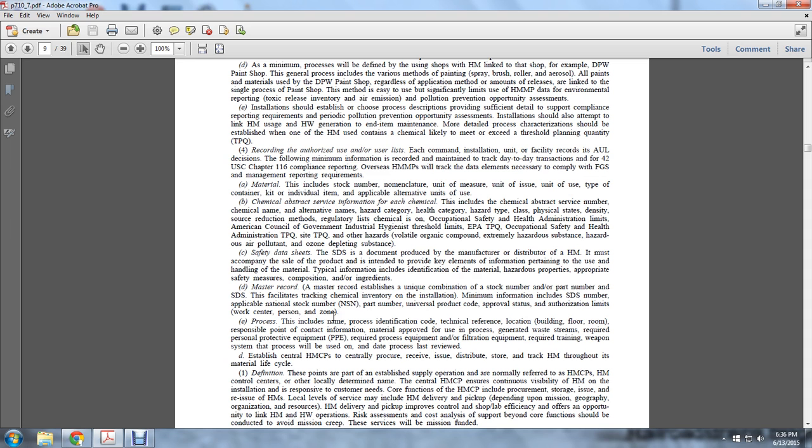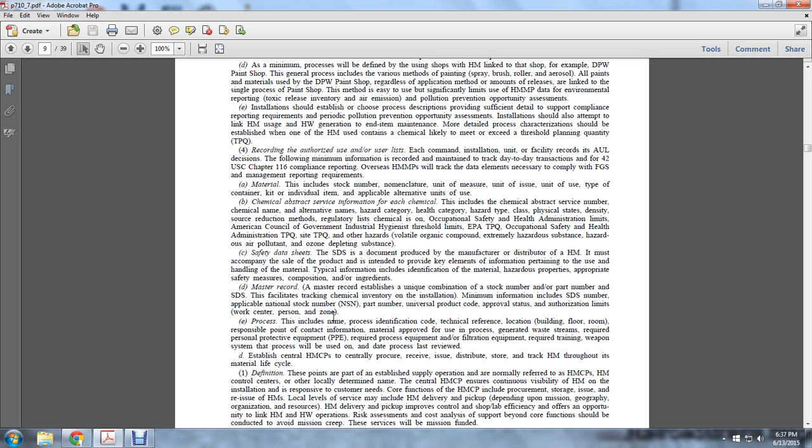Other locally determined name of the hazardous material control program ensures the continuous visibility of hazardous material on the installation, responsive to the customer needs. Core functions of the hazardous material control program include procurement, storage, issue, and reissue of the hazardous material. Local levels of service may include the hazardous material delivery and pickup depending on the mission, geographic organization, and